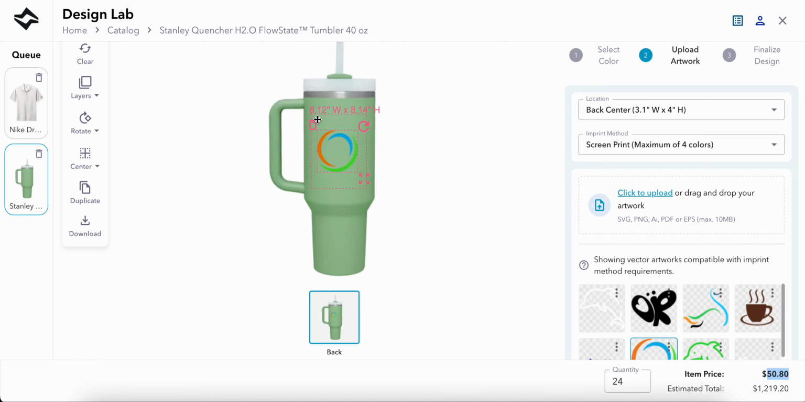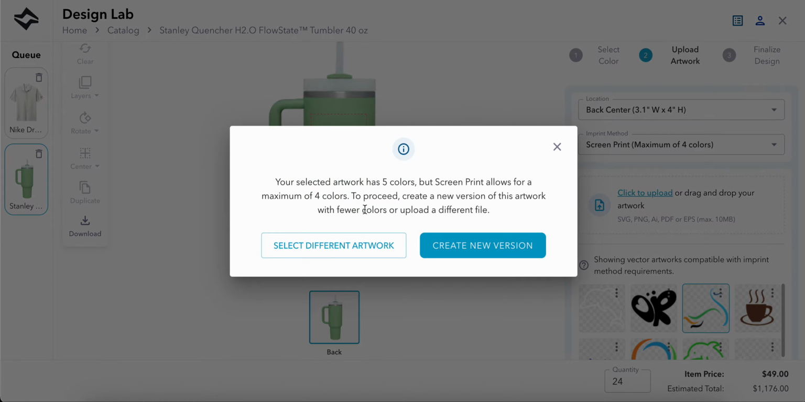Another thing that's really cool about Safsira is we don't let incorrect orders go through to production. So if I were to add, say, this swan logo, let's see what happens. I get an error from the system that my artwork has 5 colors, but the maximum allowed for this imprint method is 4. So actually, you can't send a bad PO using Safsira. We'll always remind the user to make changes and ensure that that PO is perfect and ready to go right into production to take advantage of the fastest possible lead times